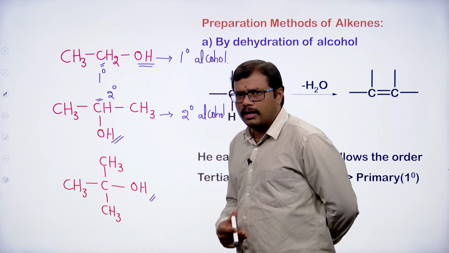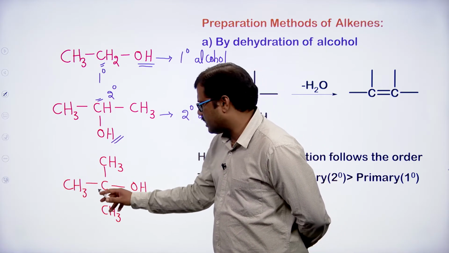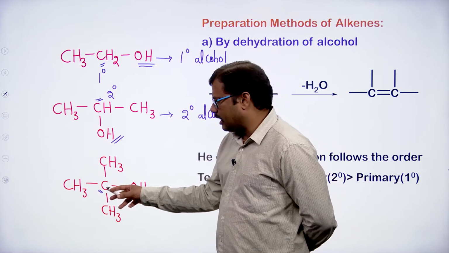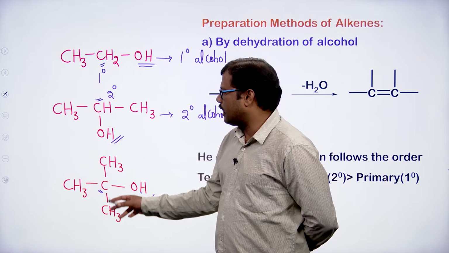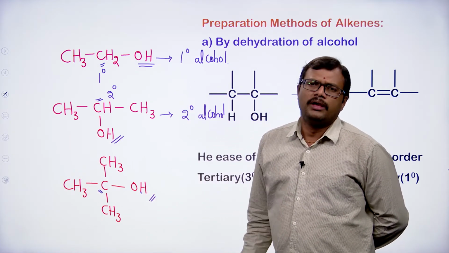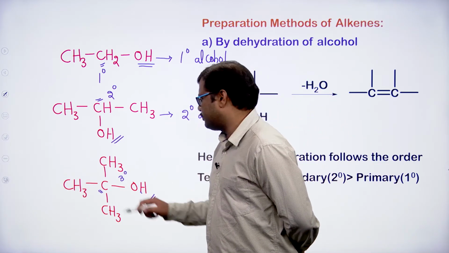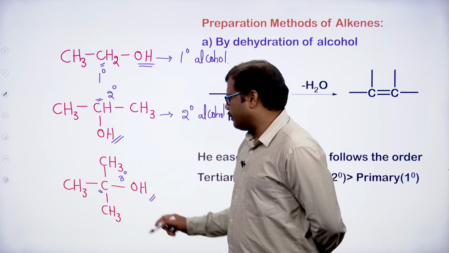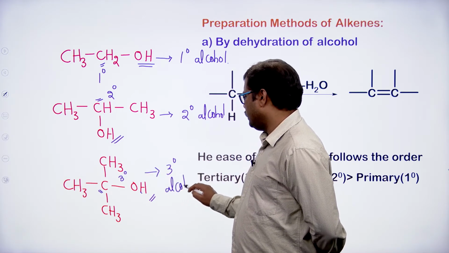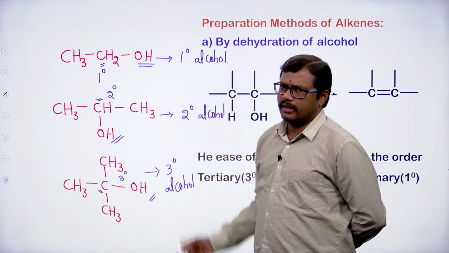If we observe the third molecule, this is the OH group connected to this carbon. This is the carbon to which the OH group is connected, and this carbon in turn is connected to how many carbon atoms? Above 1, below 1 carbon atom, other side 1 carbon atom. So it has 3 carbon atoms connected to it. A carbon atom which is connected to 3 other carbon atoms is termed a tertiary carbon atom. So this should be the tertiary alcohol. So I think now you have a clear idea what tertiary, secondary and primary alcohols are, right?